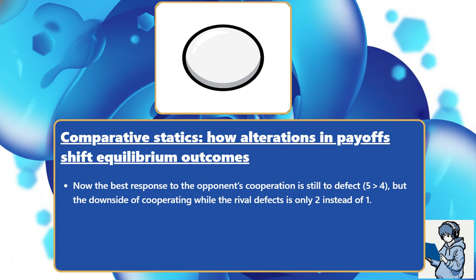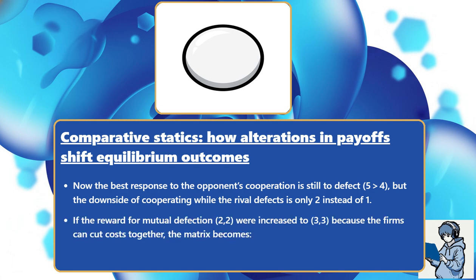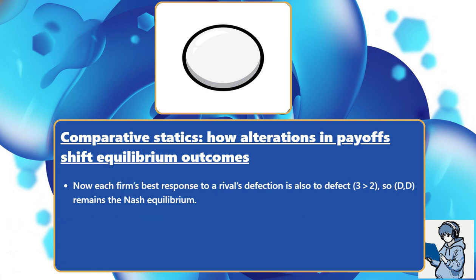But the downside of cooperating while the rival defects is only 2 instead of 1. If the reward for mutual defection, 2, 2, were increased to 3, 3 because the firms can cut costs together, the matrix becomes C column, D column. Row C: column C gives 4, 4, column D gives 2, 5. Row D: column C gives 5, 2, column D gives 3, 3. Now each firm's best response to a rival's defection is also to defect, 3 greater than 2, so D, D